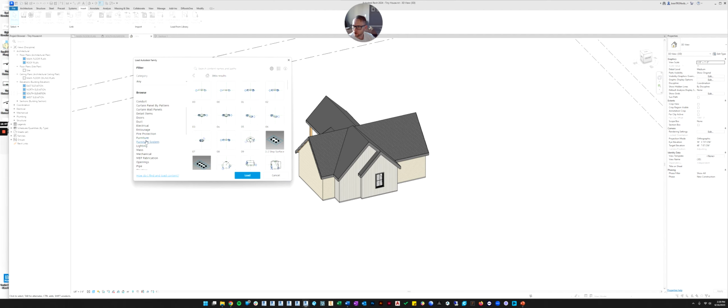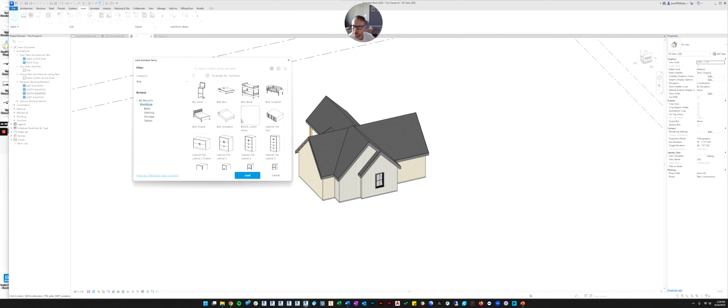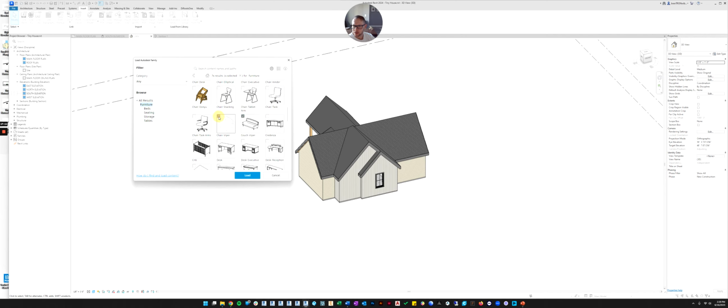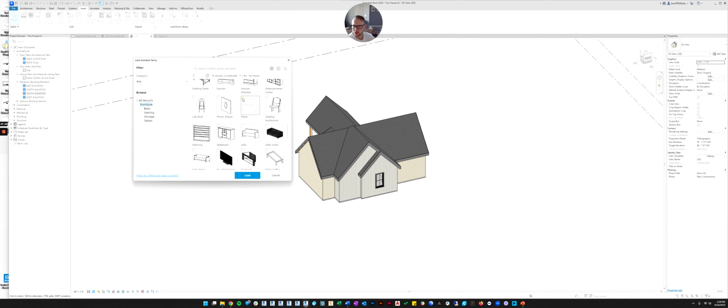Or if we wanted something else, let's see what furniture they have. While we're here, let's load. We're definitely going to need a bed. So let's click a bed. Actually, let's do a shaker bed. Maybe a chair. But you see how they're not great looking? We'll do a couch, and then an end chair. We can do a piano.